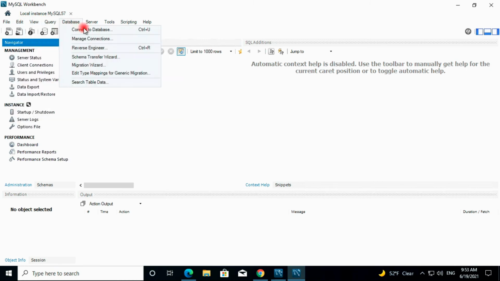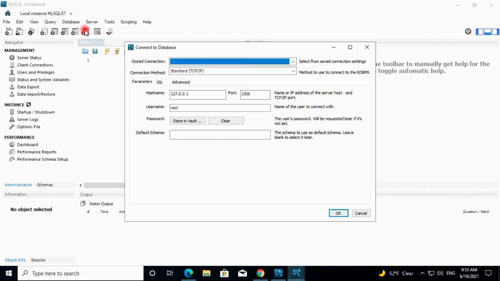If you want to connect to a database separately, you just click on it. Select all the things where you want to connect, and give the IP address of the server. If you are connecting from outside, you have to put the public IP of this server. If you are connecting locally, then you have to put the local IP of the server.